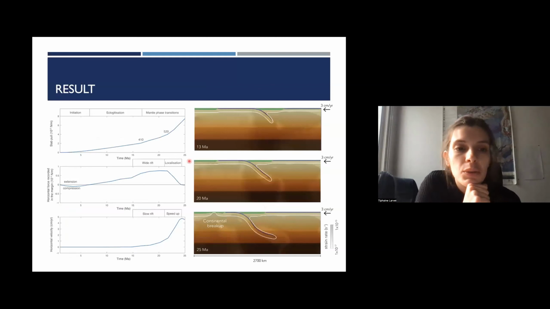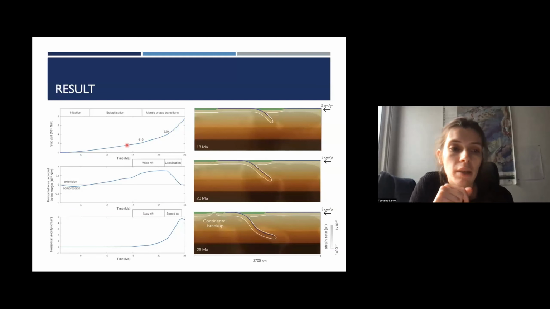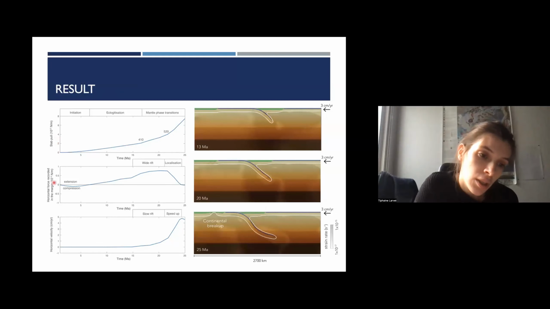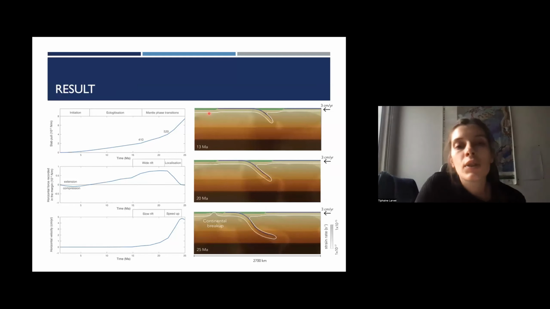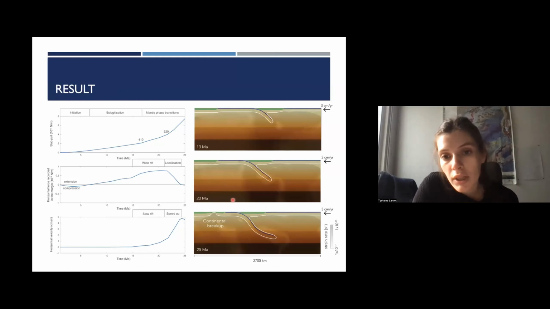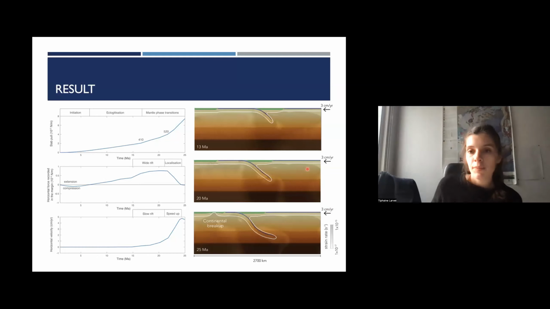On this slide, you have three graphs showing the evolution through time of the slab pull force, the horizontal force, and the horizontal velocity recorded within the continental margin. Here you have three screenshots of my simulation. The color code is the same as I showed you before, except that I added a gray overlay to show where the rocks deform.